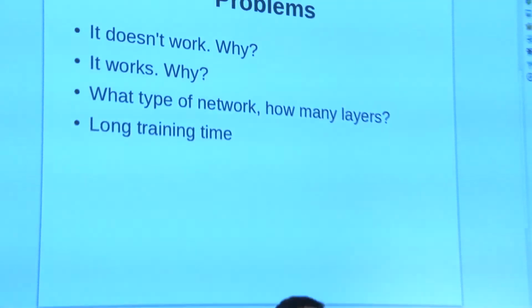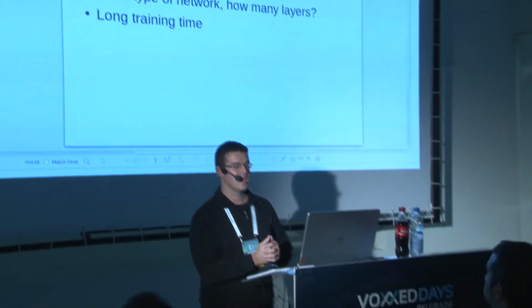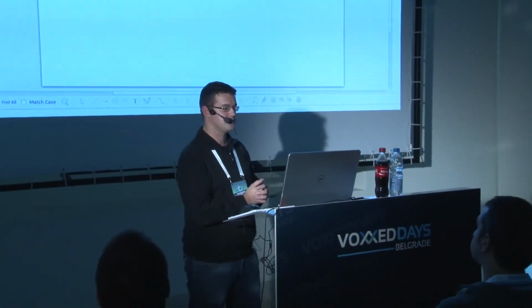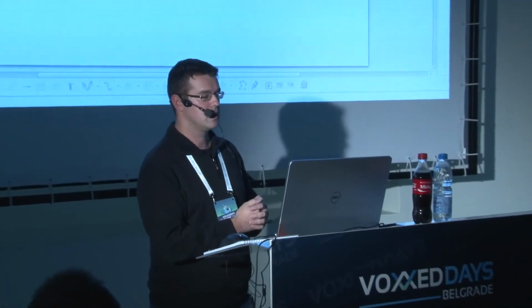Next, what type of network should you use? How many layers? All those settings. And the one that we already mentioned, it's a long training time, so you need a couple of hours, maybe a couple of days to get a result, and then you can try something else. Of course, there are techniques used, for example, a kind of pre-training. You use a smaller data set and see if it works, and then if that works, you can try to increase the data set and go for a bigger one.